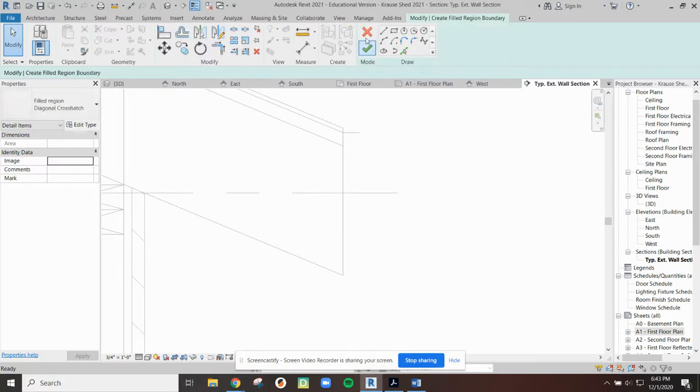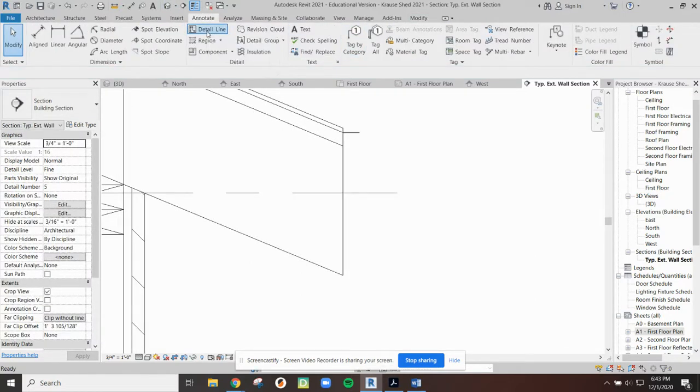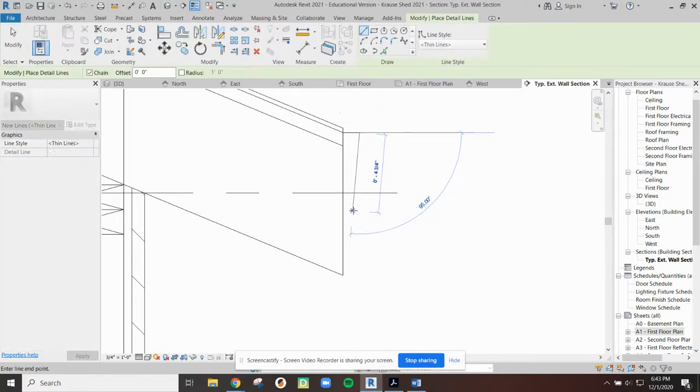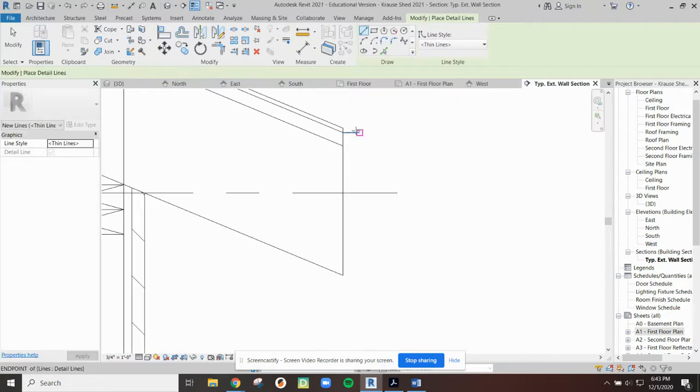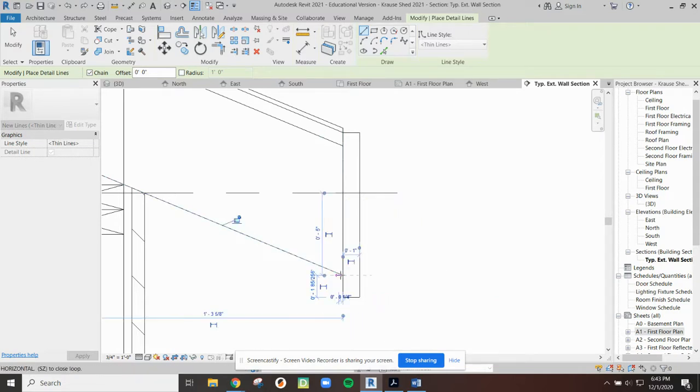Let's escape out of here, cancel that, and let's go back in with a detail line. And I want to go straight down and type in 10, although I didn't put in inches. So again, annotate line here, 10 double quote, and then I'll bring this back over an inch and bring it up to meet the underside of